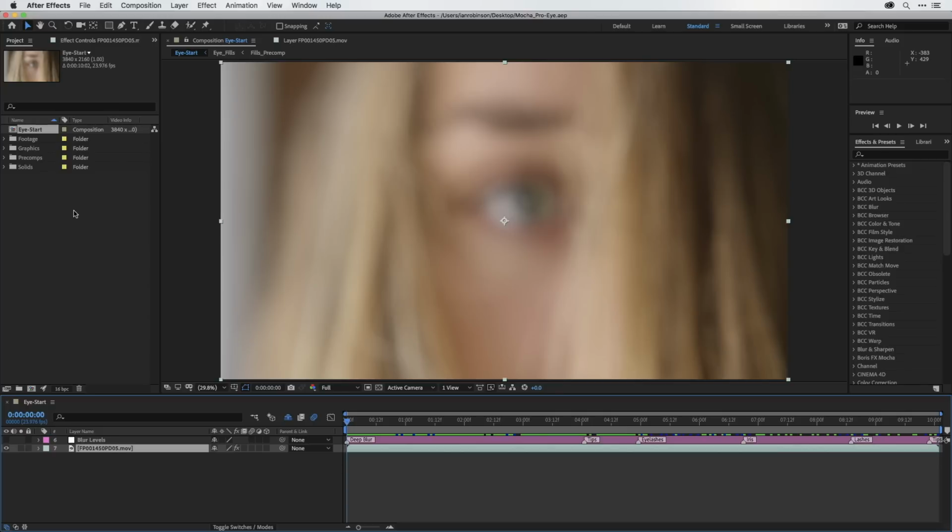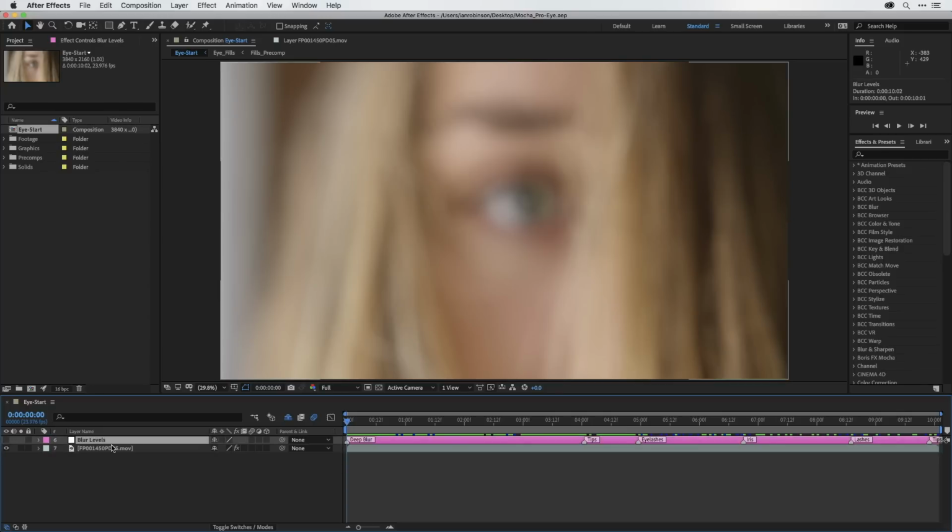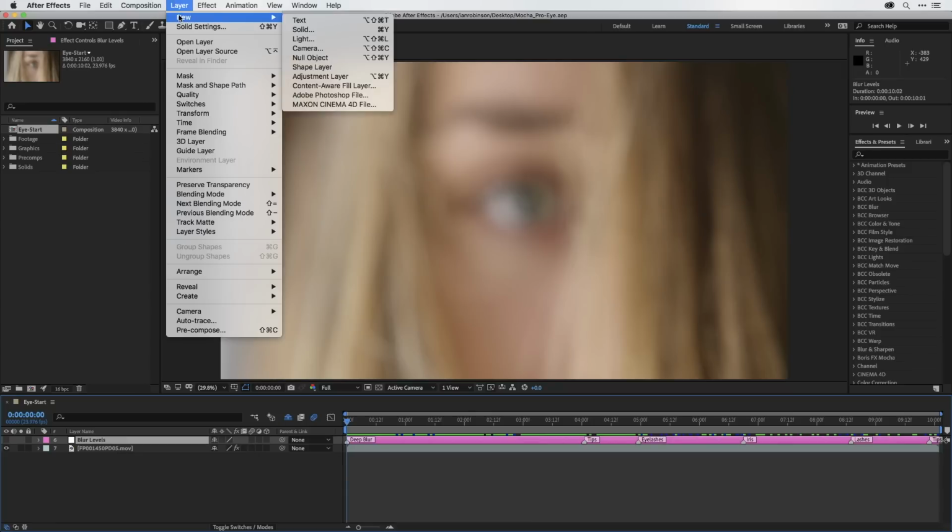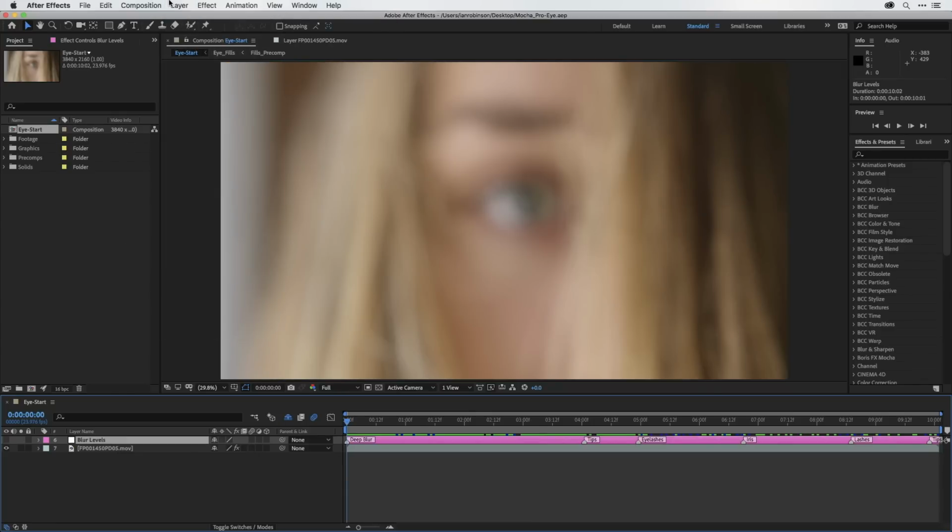Now, before I start my track, I want to draw your attention to the fact that I created a null layer here called Blur Levels. To create a null layer, all you do is go up under the Layer menu, choose New, and choose Null Object. Now, I renamed that layer Blur Levels, and I was using it only to add markers into my project